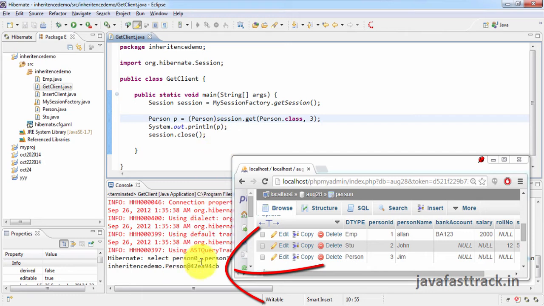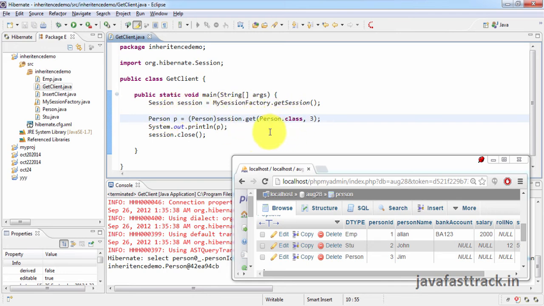person object. What do you understand from this? That this is a polymorphic behavior. Different times you get different objects. Sometimes you get student object, so the person behavior is going to be of type student. Sometimes you are going to get employee object, so the person's behavior is of type employee. Sometimes you are going to get person object itself, so the behavior is going to be of type person. We don't know. It depends on what data is getting read.